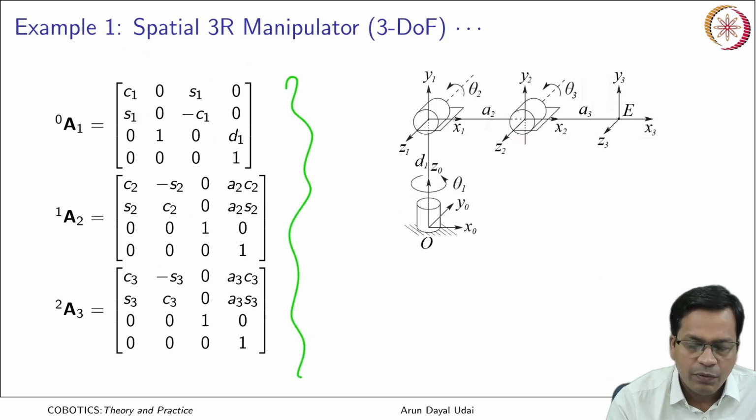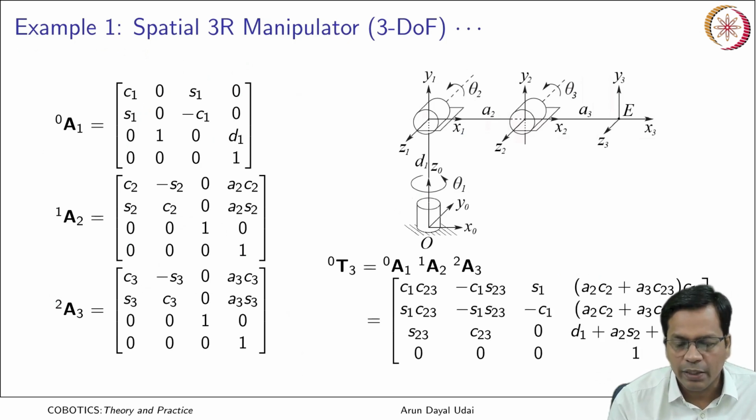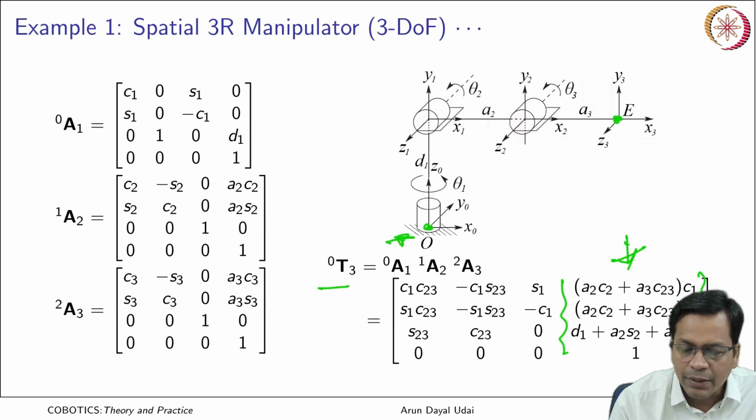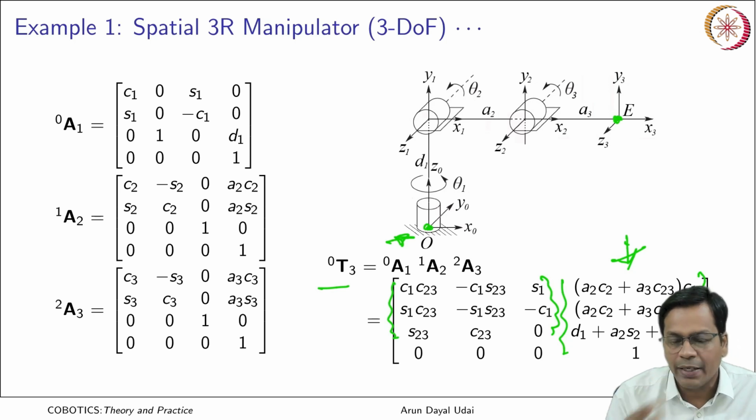Okay. So if I take the product of all those, I can quickly get the state of the end effector frame here. What it says, because it is a state, it says the position over here, that is the position of the end effector with respect to O, that is the base frame, the robot's base frame, and these 3 would tell me the orientation of the end effector with respect to the base frame.